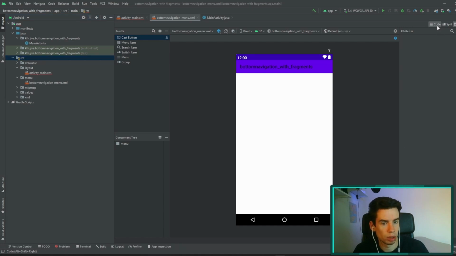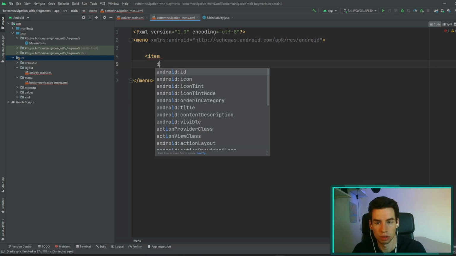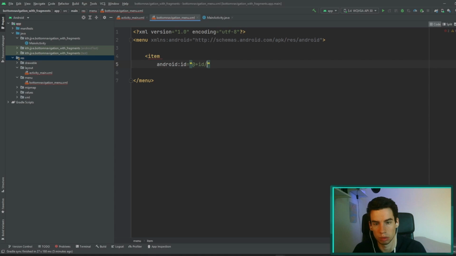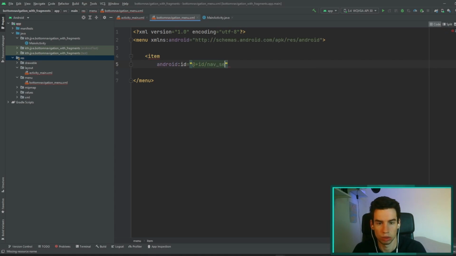So in my menu, I want to have three items. I want to have settings, I want to have a home page, and I want to have results. So let's make that. The way we do that is in our menu we add an item, and that item we're going to give three things. First of all, we're going to give it an ID so that we can reference it, and we call it navigation. Let's start with the settings,